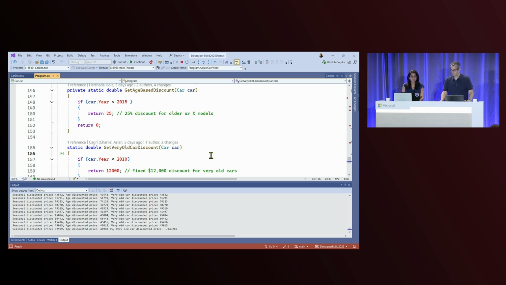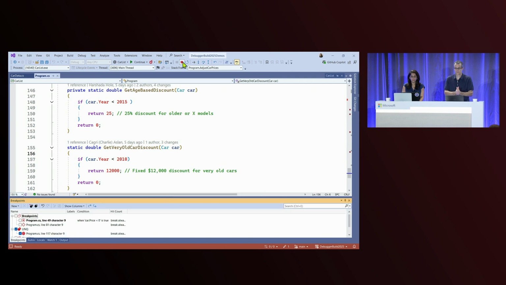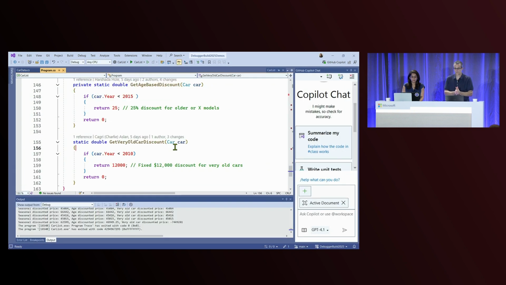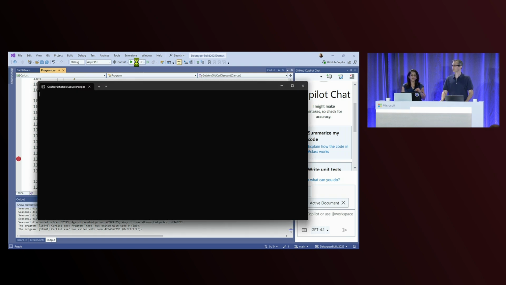Now, there is one last demo I wanted to show you. Before that, I'm going to go to my breakpoint settings window again, disable this, and enable the demo I wanted to. So previously, when we used to have any LINQ expression in our editor or in our code, the debugging through that LINQ expression wasn't a very good experience. We recently added a